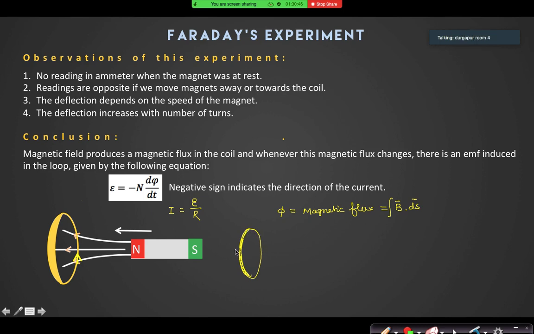Let us assume that I have assumed the current in this direction. I do not know the direction of current. Assume. As soon as you assume the current in this direction, your area vector will point in this direction. Area vector. Do you remember the area vector? It is the normal to a closed loop, and for an open loop also it is normal. Now, which normal will I take? Faraday's law says that if you curl your right hand fingers along the direction of current, your thumb will point along the area vector.